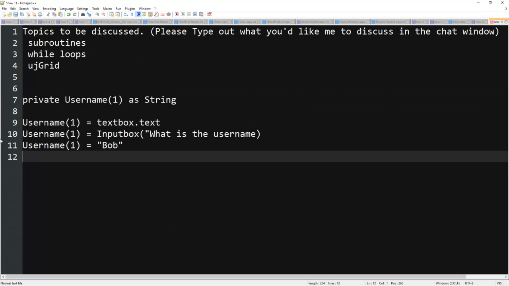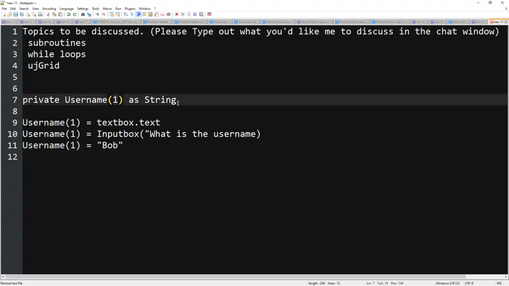Okay, so how would this change if I now have 10 spaces of username? Now, if I have 10 spaces, I can't just say username at 1, because the only one I'm populating is the first one. But now I need to populate all 10 of them. So if I have to populate all 10 of them, this is where